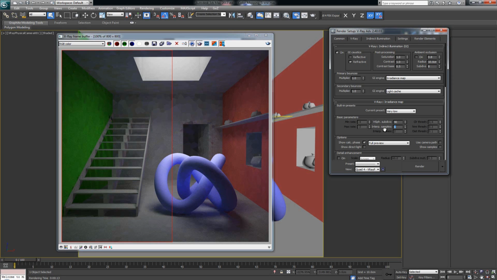Well, the interpolation samples, the easiest way to explain this would be that this is basically what we would use to blend or blur all of these samples together. For example, if I increase this to 5, all of these samples should have about 5 pixels to blur between them. If I render now, we can see that,